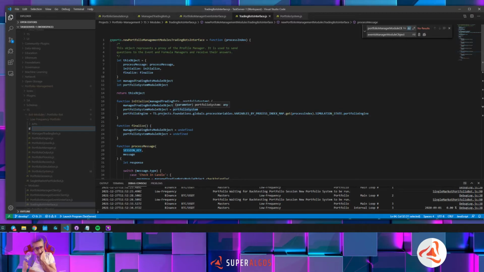Wow, this is a difficult question. Yeah, probably I would add the portfolio because that restricts the concept to the context of the portfolio. In the whole SuperAlgo system there are a lot of event managers. So that means that the managed trading bot module also needs a portfolio. Oh, okay. So let's go portfolio